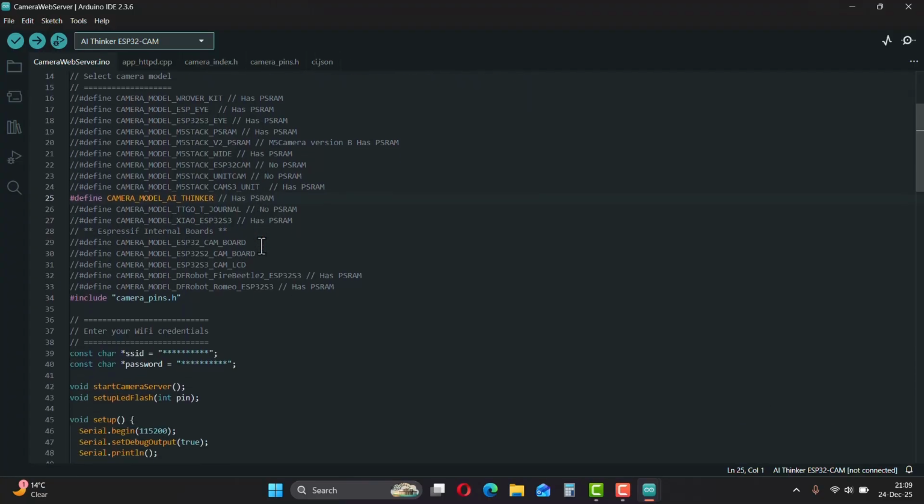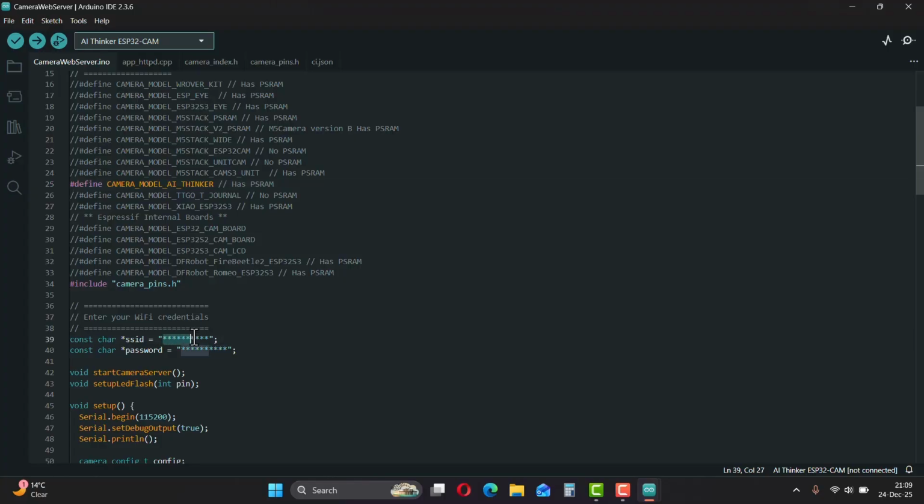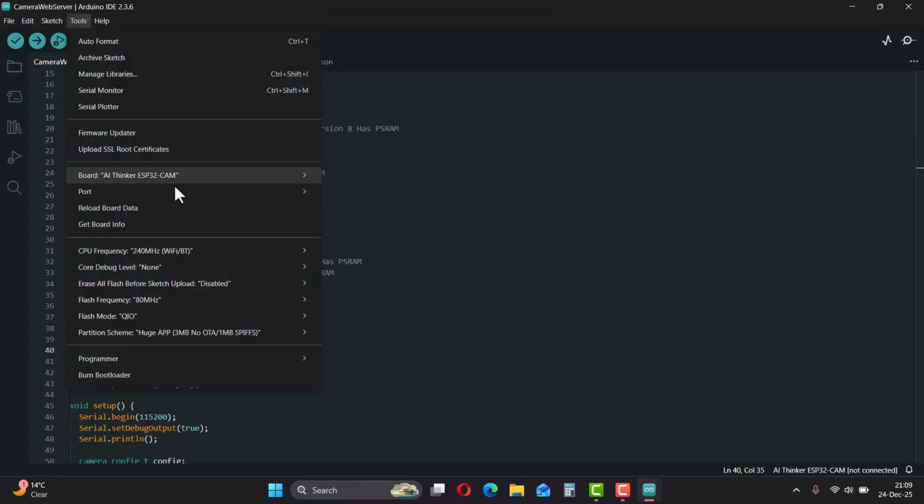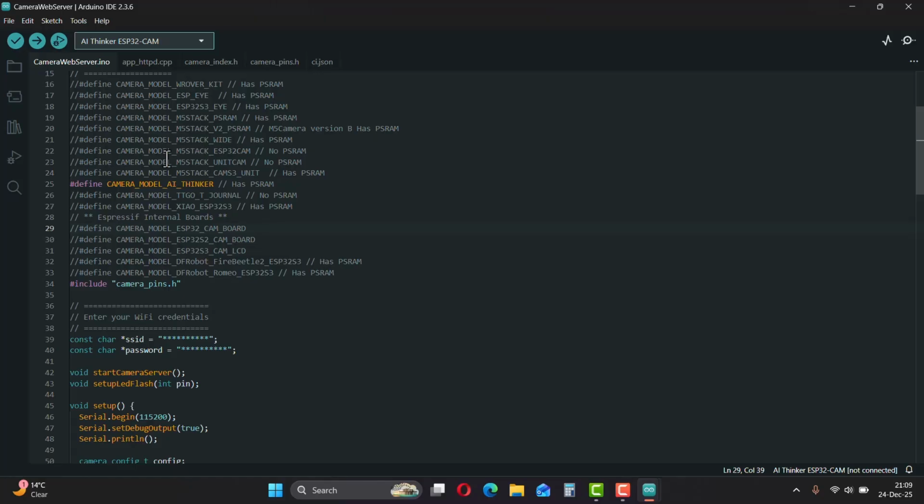Then go a little below and write here the Wi-Fi name, SSID, and the password for your Wi-Fi where you want to connect this ESP32 camera. After this, select the port where this camera is connected and then upload the code. I have already uploaded the code, and then what I'm going to do is connect my ESP32 camera